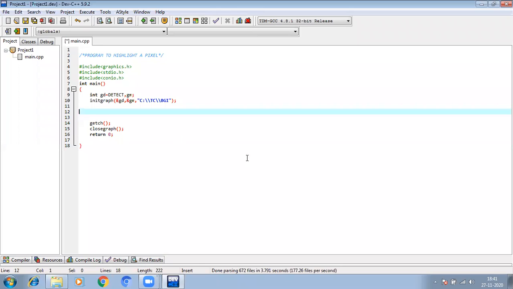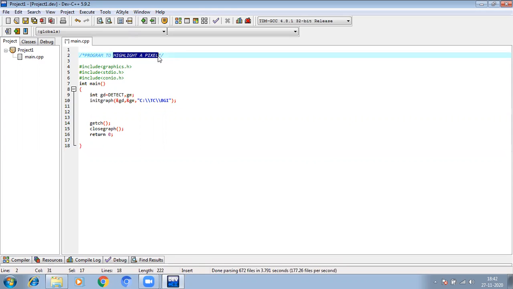As you can see, this is the basic format needed in order to write any C language program. So our program is a program to draw a line using the DDA line drawing